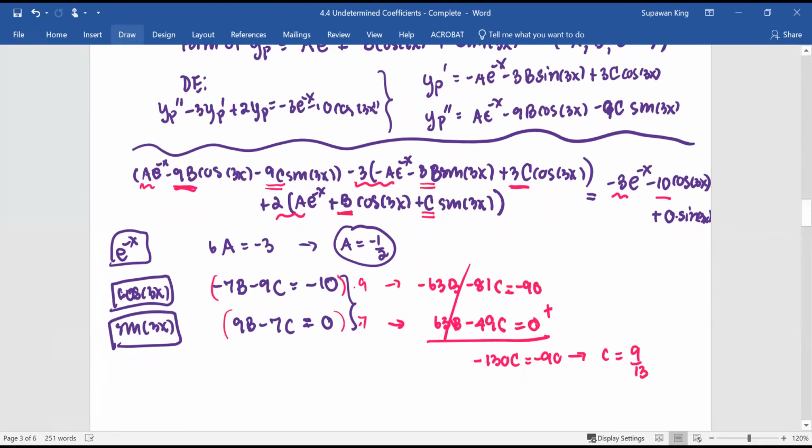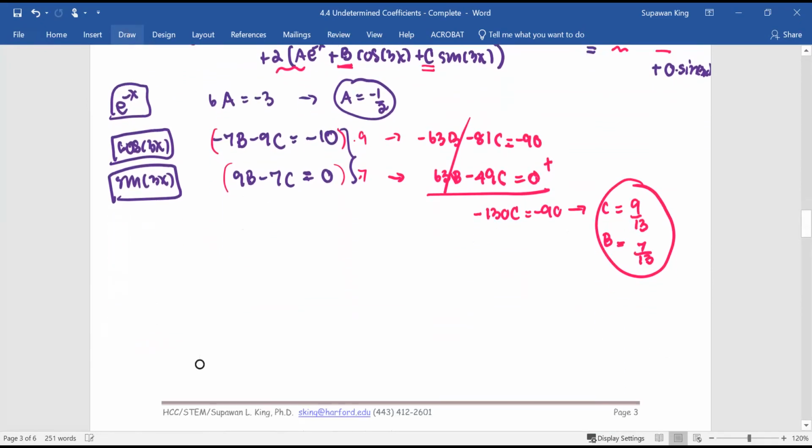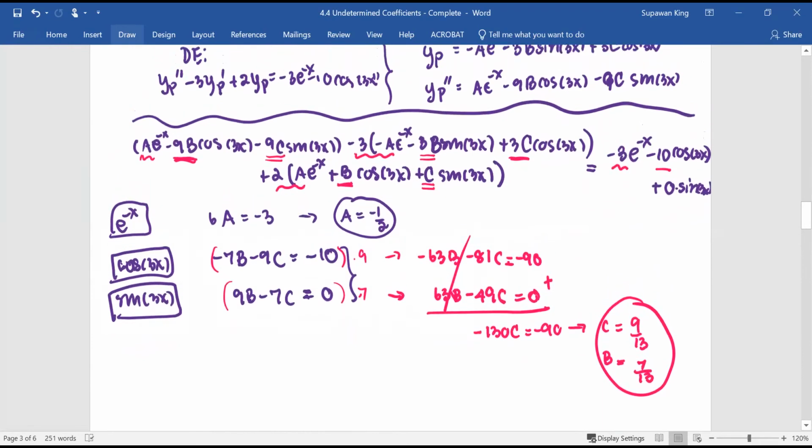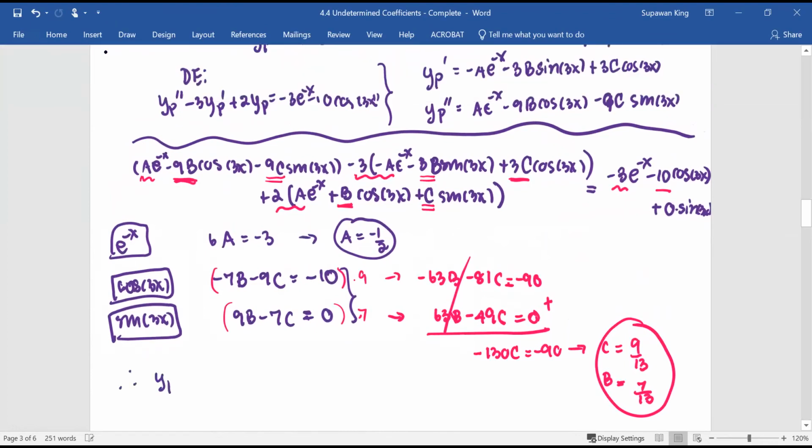And then solve for b. So we get b equals 7 over 13. Now we get a, b, and c. Next, we put them together as a solution yp. So yp equals a, which is negative 1/2, e to the negative x plus 7 over 13 times cosine of 3x plus 9 over 13 times sine of 3x